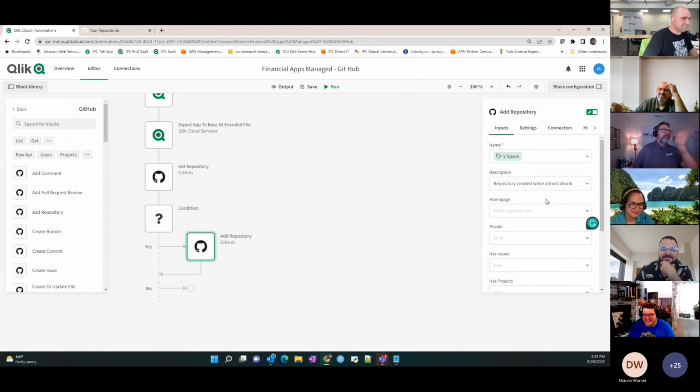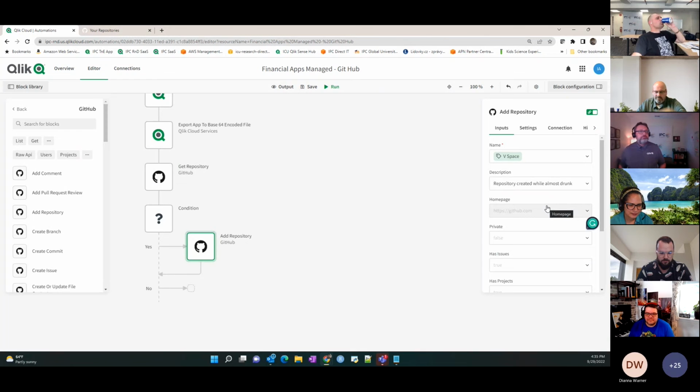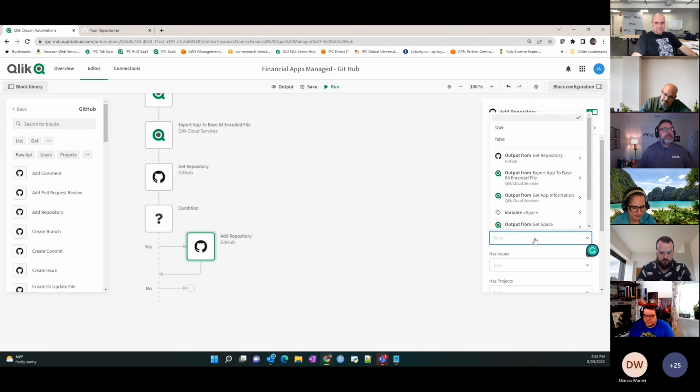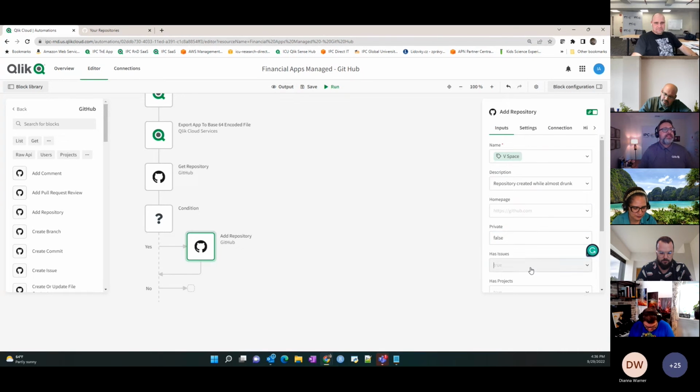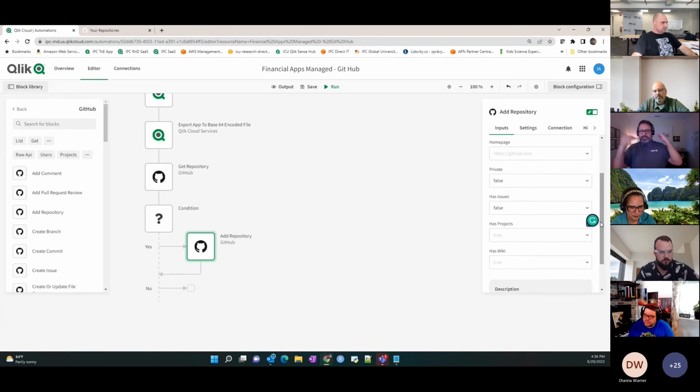This is all options. This is all properties you can add in your GitHub repository. Homepage, it could be your Qlik tenant URL. It's all informational. Is this private? I mean, just for demos, I'm not protecting this, so I'm not making this private. It has issues, no. So in case you want to do ticket controlling and want to add issues in